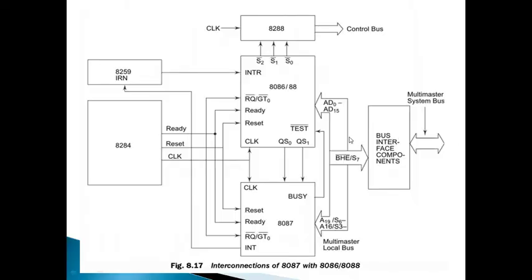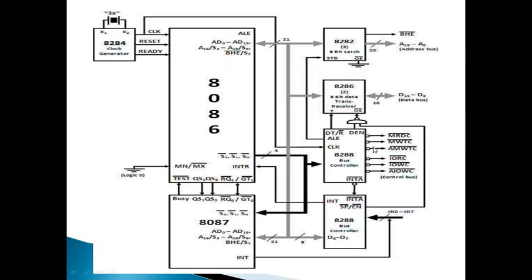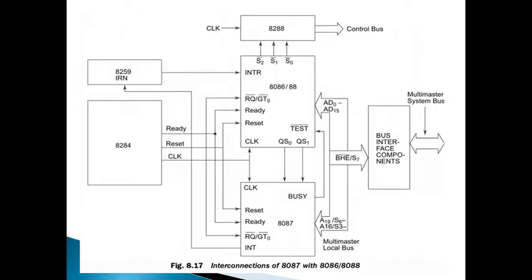So now after studying the pin diagram, let us move towards the interfacing of 8086 with the 8087. This diagram is from the textbook, or here one more diagram can preferably be used, or both figures are the same, simply the arrangement of ICs is different. So let us study this figure. Here we can see QS0 and QS1. These are used in order to give the queue status.